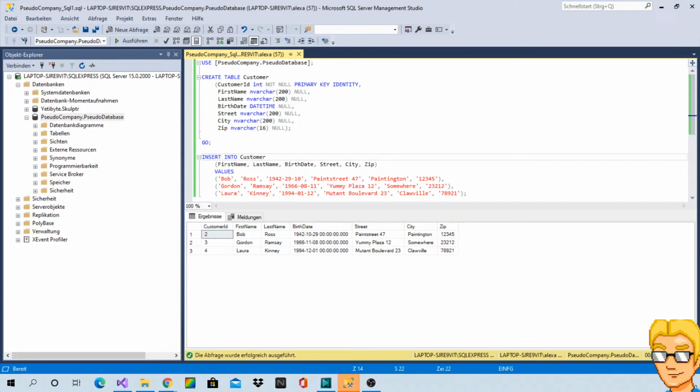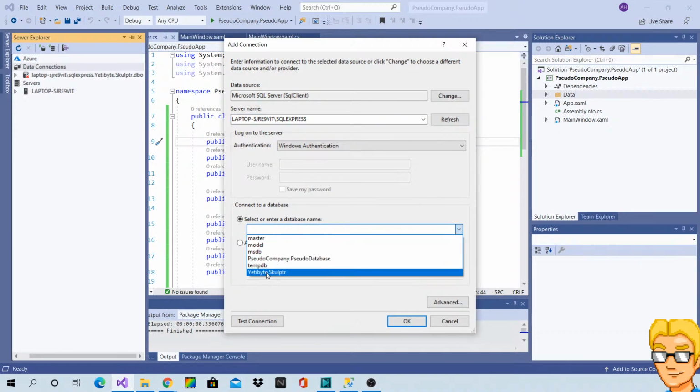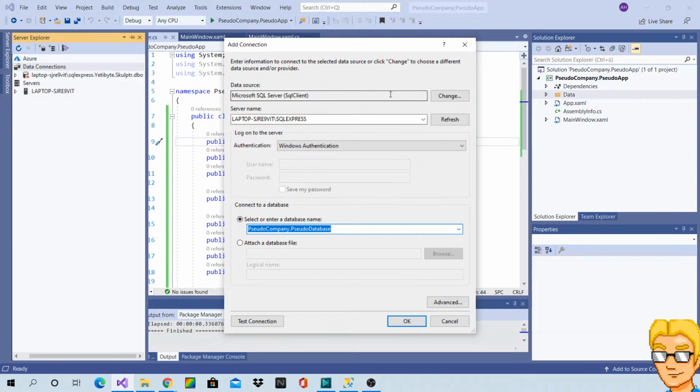There it is. It's on my other monitor, so you can see it. There. Go back here, paste the server name, select database, and there it is. Sudo company, sudo database.